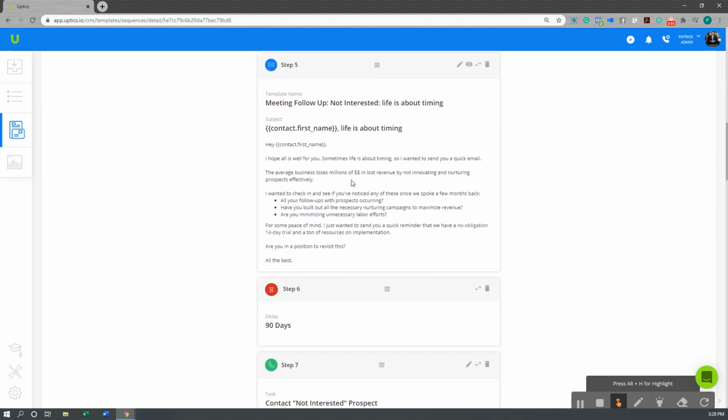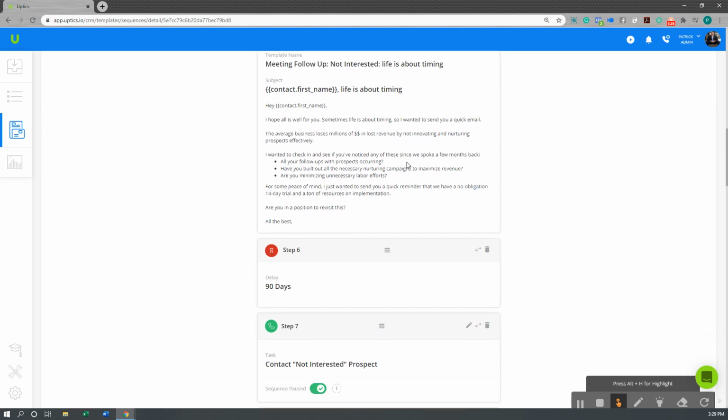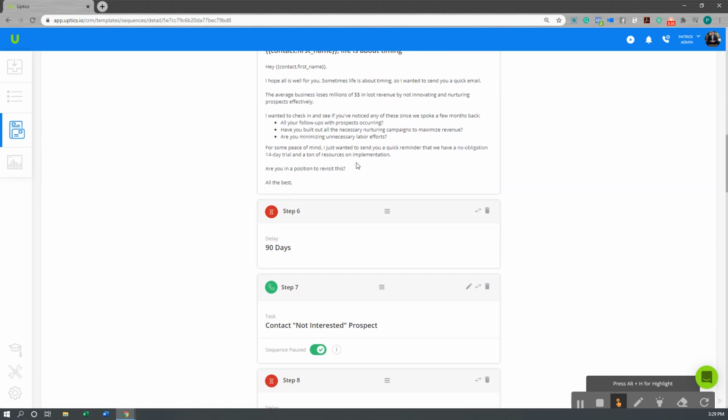This follows up on those touch points: hey, did you notice it a while back? Are all your follow-ups happening? Have you built out all the nurturing campaigns? Are you minimizing unnecessary labor efforts? That kind of stuff. And then we have a little call to action if they want to revisit it.